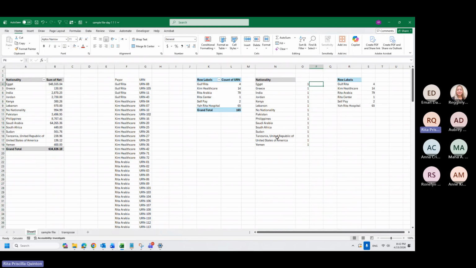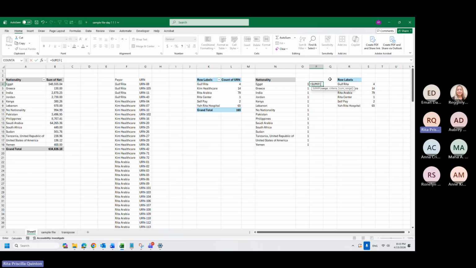This is another type of if. We used count if. Now we will use sum if. Okay, sum if will add for me all the values within the range that is accepted in my criteria.